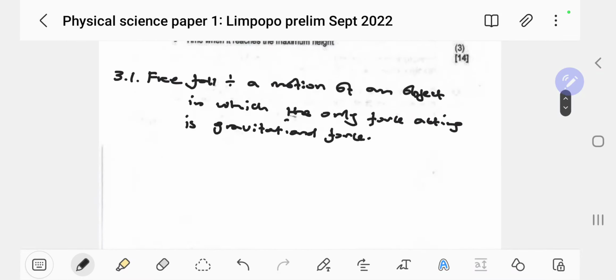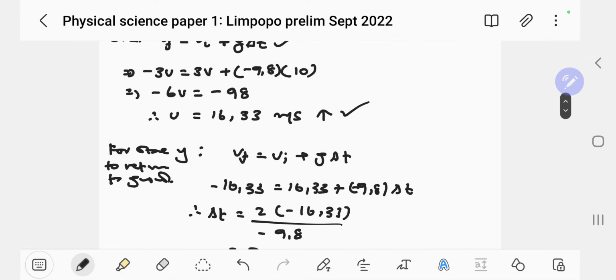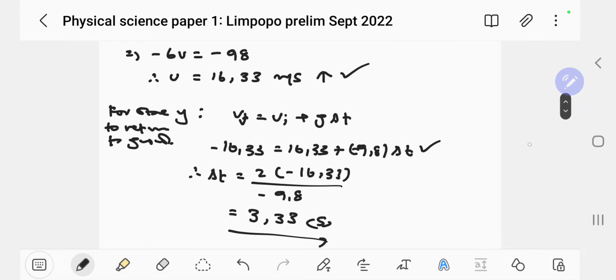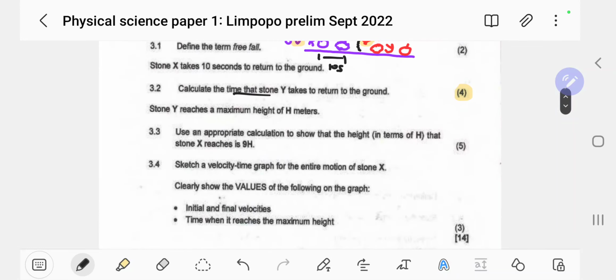Okay guys, so that was 4 marks. So you can already tell, with a 4-mark question, always know that you're going to have to do 2 steps. First of all, they may give you marks for correct substitution and other things, but what is important is just getting that value. The correct substitution up there is not really a big deal, but it becomes more of a big deal here, and then the answer. We can't give you the formula again. No problem guys, we are doing fine so far.